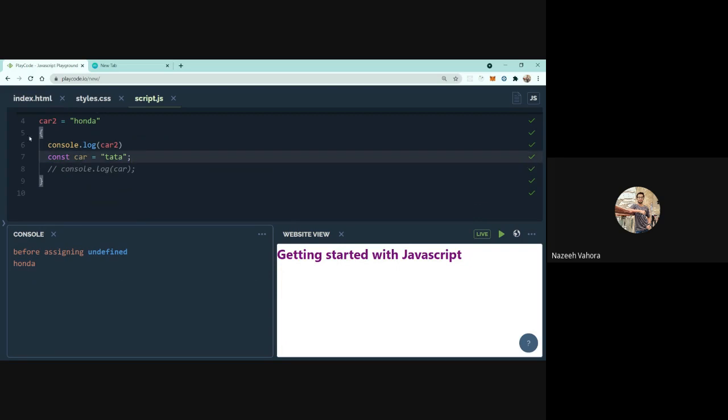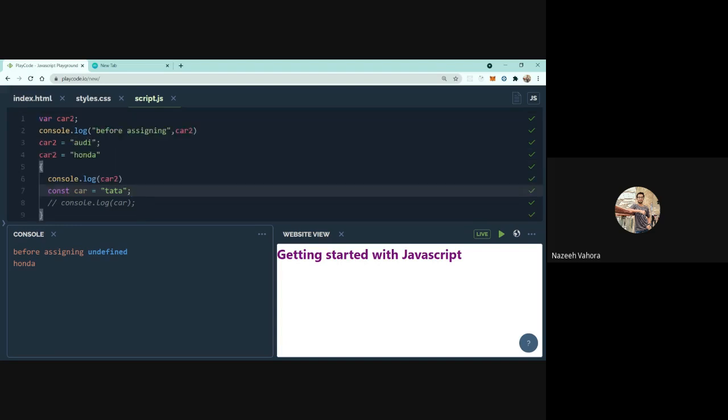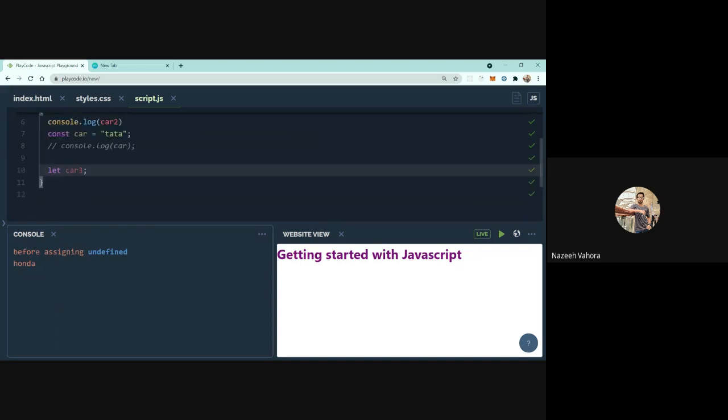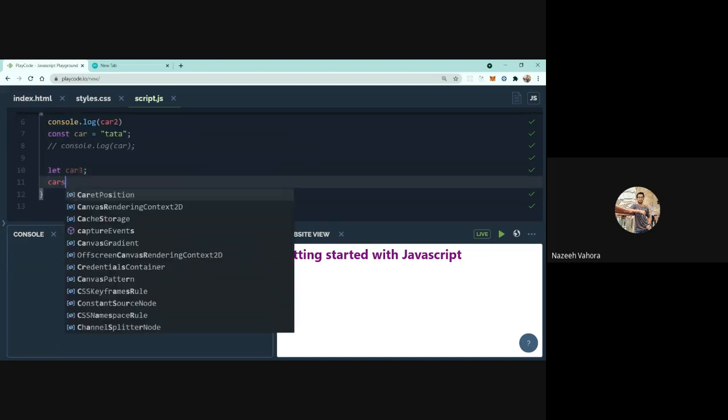So basically, whenever we want to declare a variable whose value is to remain constant for the later part or for our whole program, then we must declare it using a const variable. Otherwise we can use the var or let keyword, and similar is the case with the let keyword. Let's say car3, we can declare it over here and assign it the value later on.